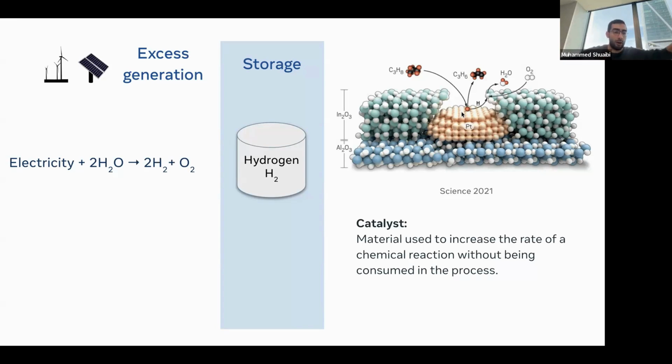Like, I can go grab on, and say something else stronger comes on the left side, pulls me away, and then the role of the guy on the right was solely to hold me in place a bit so someone else can come and take me away. I don't know if that analogy made sense, but the idea there is, this catalyst is not consumed, and it is serving a role to play around with the electronic structure of the molecules and make them more or less reactive. That way you can break off and go do something else.